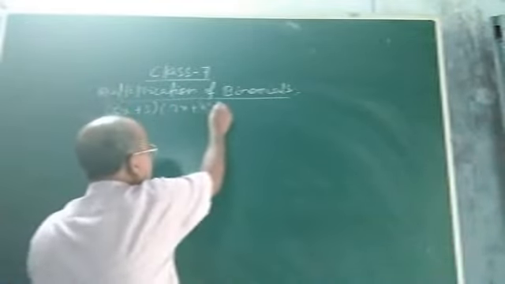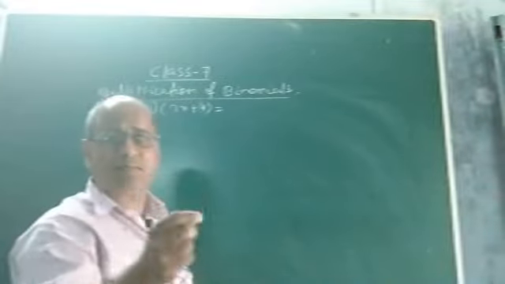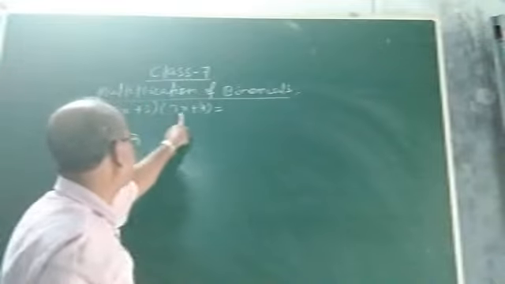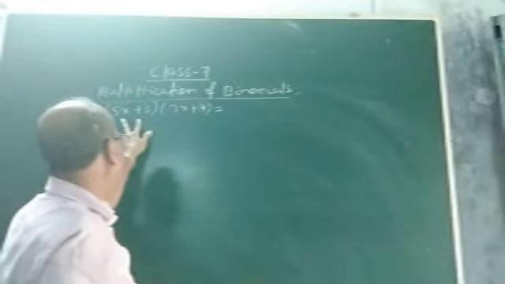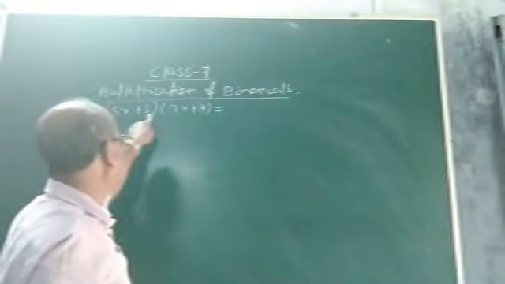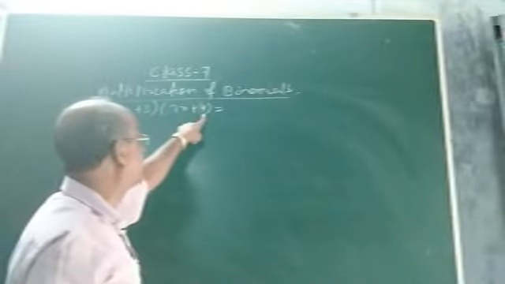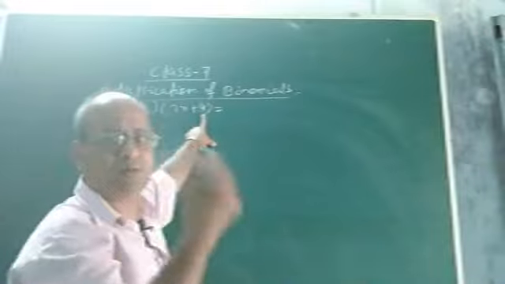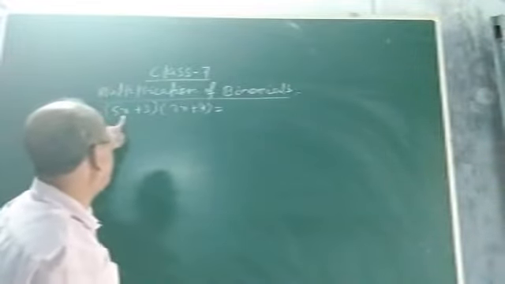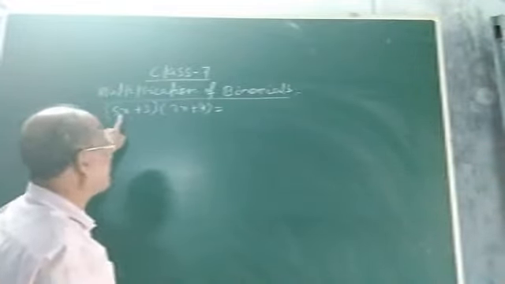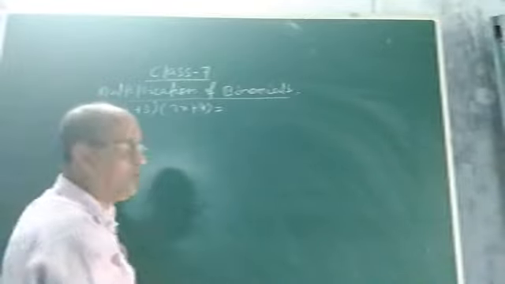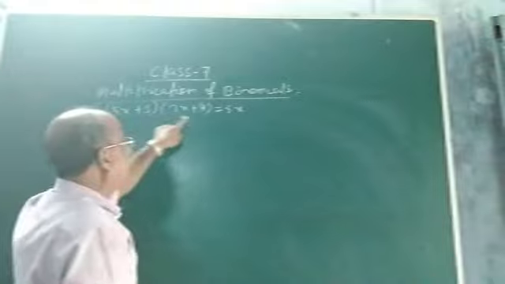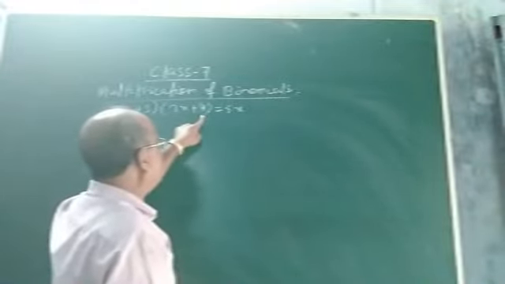See. So what is the first step to multiply two binomials? See, this is the first binomial, this is the second binomial. In this binomial there are two terms, first term, second term. In this binomial this is the first term, this is the second term. So the first step to multiply two binomials is what? Take the first term of the first binomial. This is 5x, the first term of the first binomial. So write down 5x. Then what is the second binomial? The second binomial is 2x plus 4.